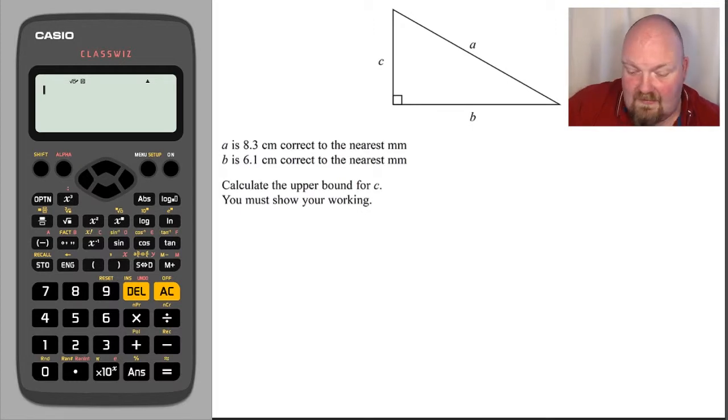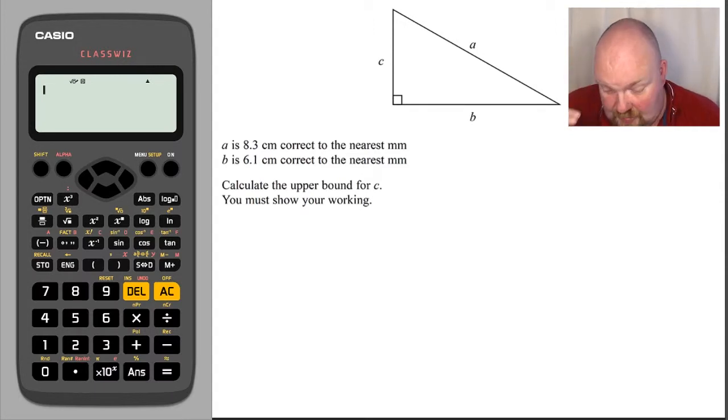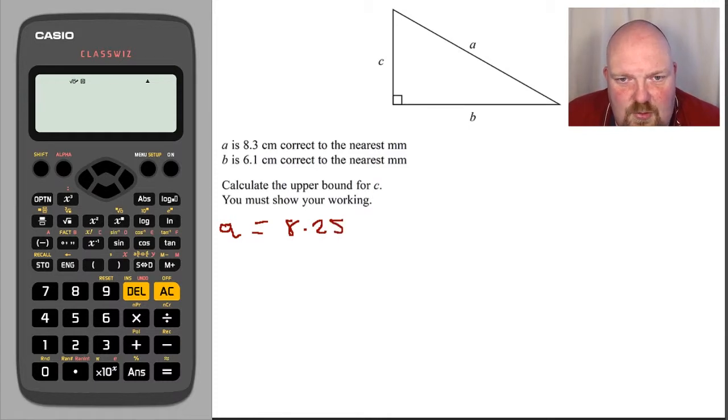You can see that it tells me I've got a right angle triangle and I've been given the values of two of the sides. These two sides have been rounded, so we know that we need to do something with them. The question talks about bounds, so therefore I can work on that, okay? So, I know that the lower bound of A must be 8.25, because of course if it's the nearest millimetre we go half down and half up, and so the upper bound will be